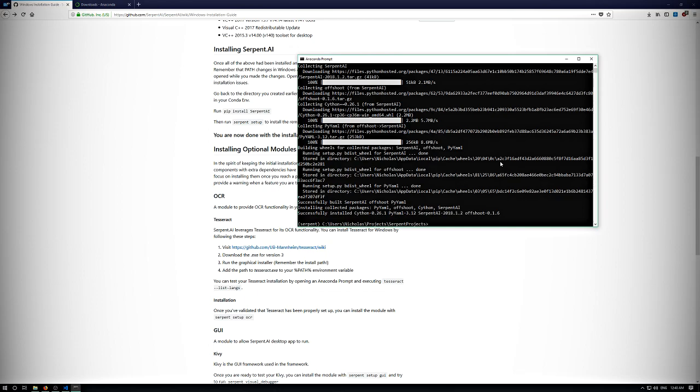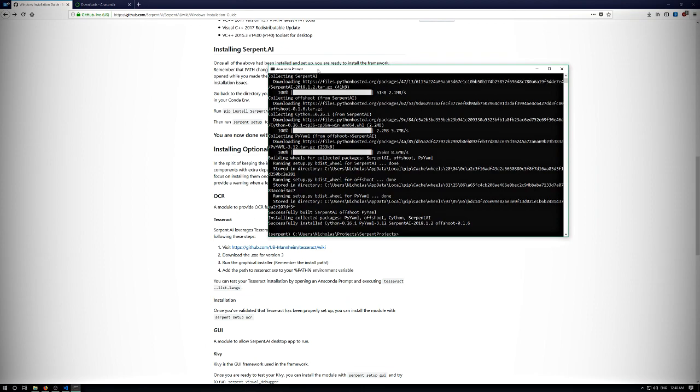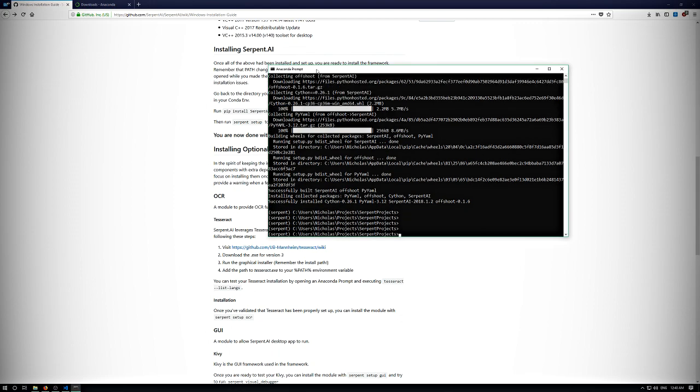So you might be thinking, well, that was easy. Why all this preparation? Well, not really. This is not the true final install of Serpent.AI. There's still stuff that you need to do. This is the common core, and then there is a system, or rather OS-specific, part to the install that is going to be done with Serpent setup. Because now at this point in time you have a Serpent executable. If you just type Serpent in your command line,